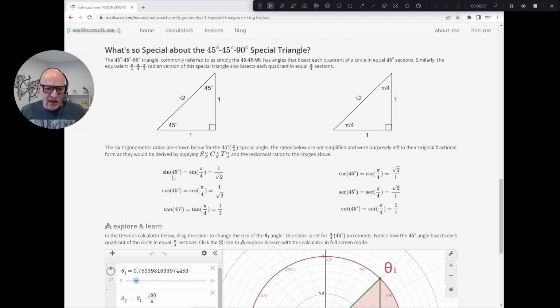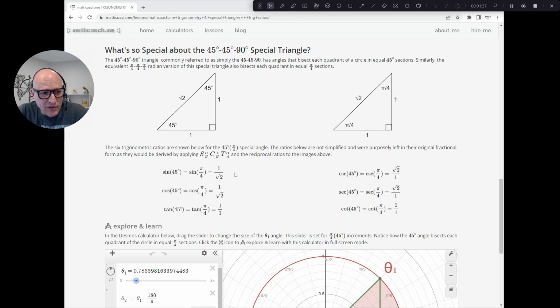We can see that, applying SOHCAHTOA, the sine of 45 would be 1 over root 2. Cos of 45 is also 1 over root 2, and the tan of 45 would be 1 over 1. I've left these ratios in a fractional format, just as you would read them, just for convenience, to match up to those triangles. Like the 30, 60, 90, you want to be able to draw this, okay? So when you're taking your exam, you want to be able to draw those